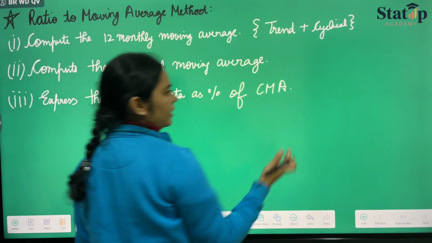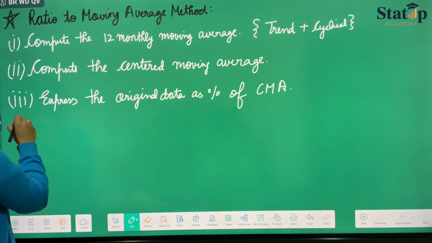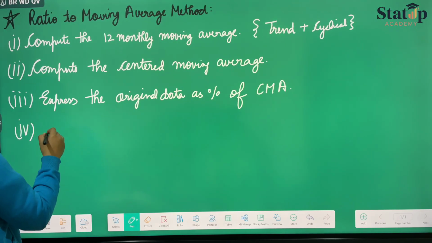So here trend and cyclical value will be diminished, and the fourth point would be express,